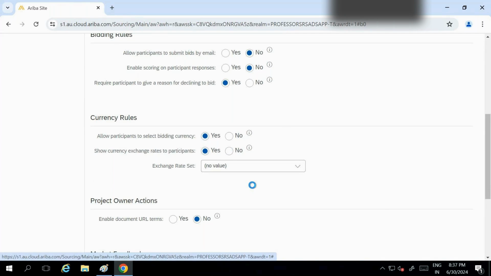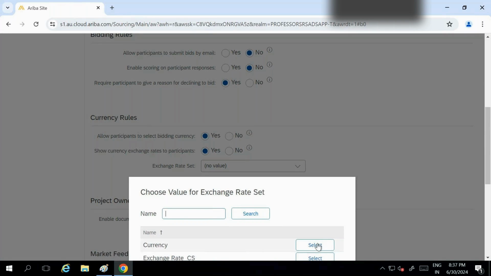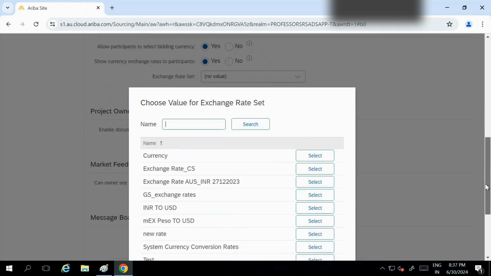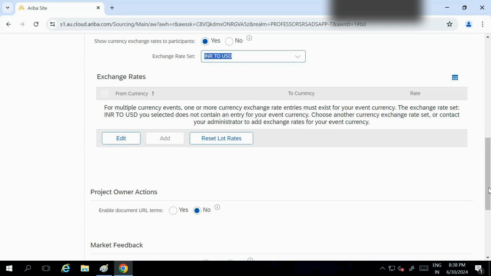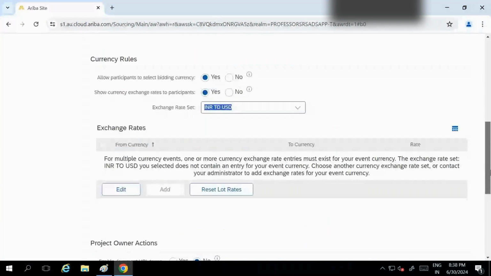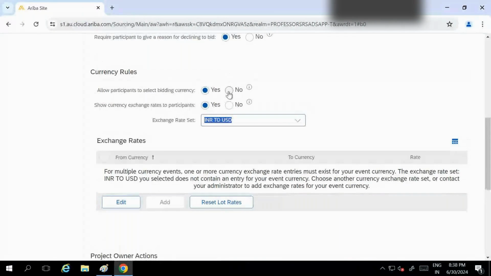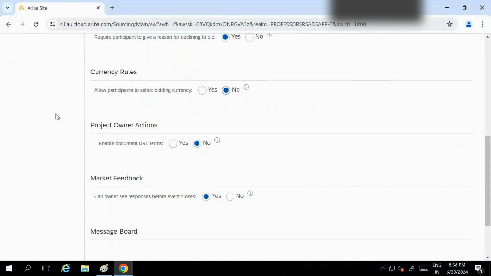We also have an option in data import export, where we can put our exchange rates. If you see INR to USD, new rate, exchange rate, so in one file we can create multiple of these. This is only INR to USD, so this exchange rate we can set for that. So this is the basic understanding. If you see here, you can also change that currency rule, but today we are not going to use it. Later on we can use it, and you have to test it.